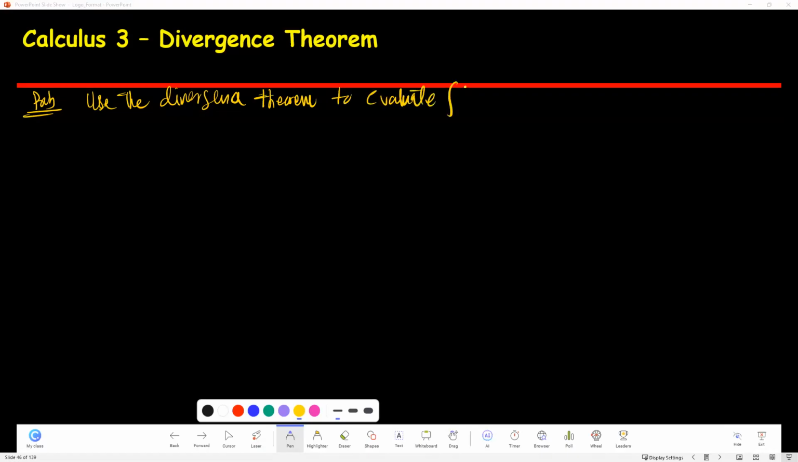To evaluate the flux, S, F dS, both should have the vector because I don't have an n here, where F is giving something that looks like this: x y i minus half y squared j plus c k. Okay,